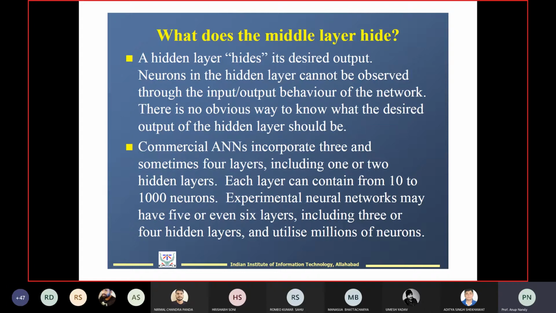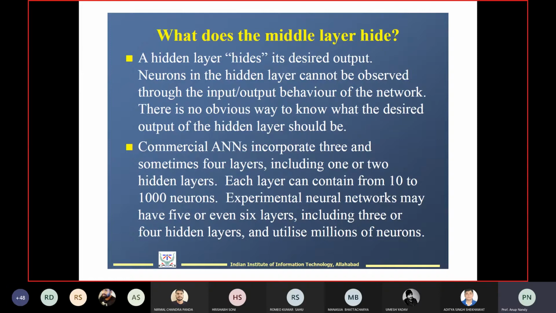If there is a huge difference between the actual output generated by the network and the desired output, then that is an error. Then this error has to be minimized. Error minimization means you have to tune the parameters. Okay, so we have to apply the gradient descent method, or simply the delta rule. Mostly in the NN, in the backpropagation algorithm, we are going to use the gradient descent method for minimizing this error.